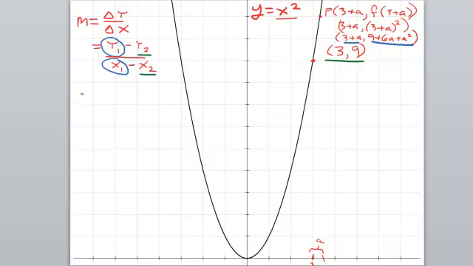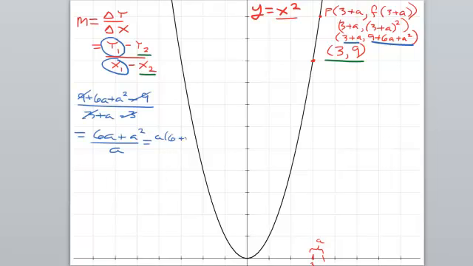We've got 9 plus 6a plus a squared minus the original, which is just 9, all over 3 plus a minus 3. So we can see that the 9's cancel, the 3's cancel, and you get 6a plus a squared all over a. Well, the top has an a in it in both pieces, so you can factor that out, right? 6 plus a,